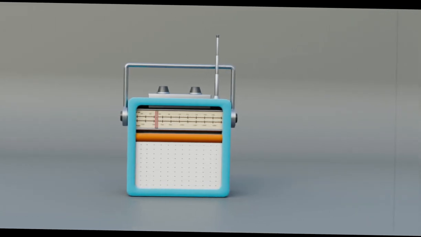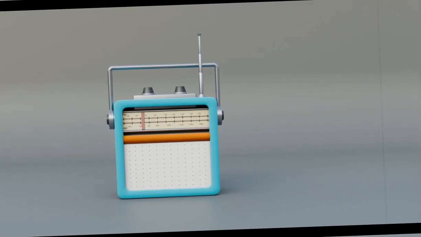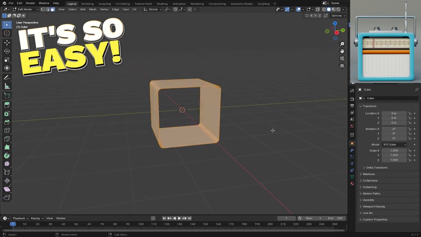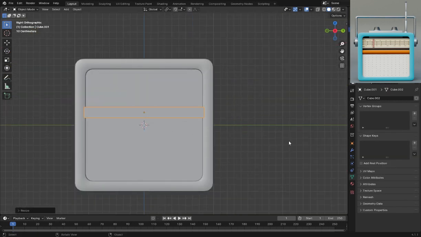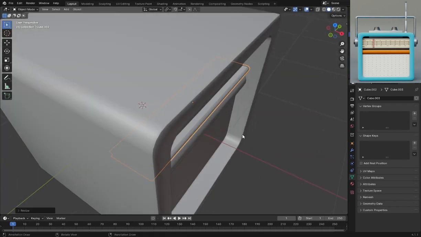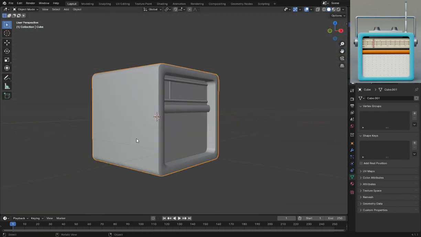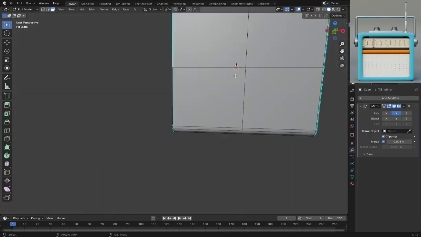I was feeling very bored today, so I thought I should make my own stylized radio, and I made one in Blender 3D. Okay, so now I have made the base shape of the radio, and now we are going to mirror it,